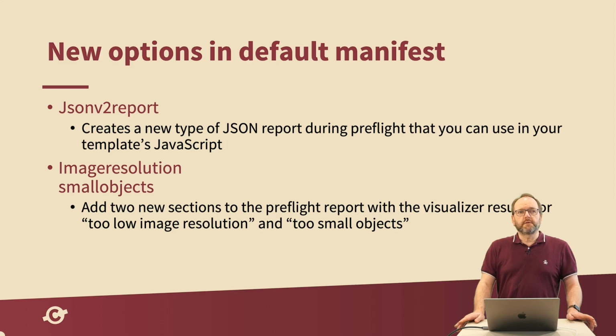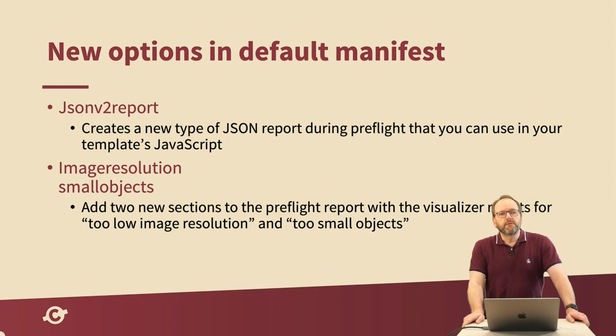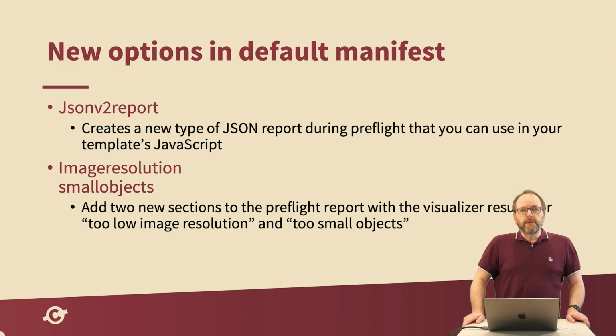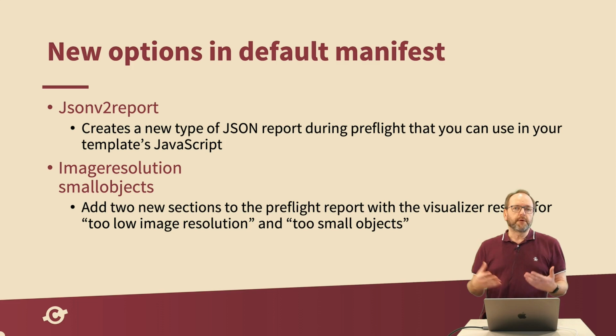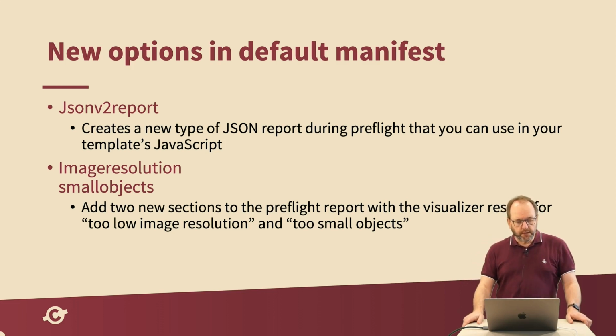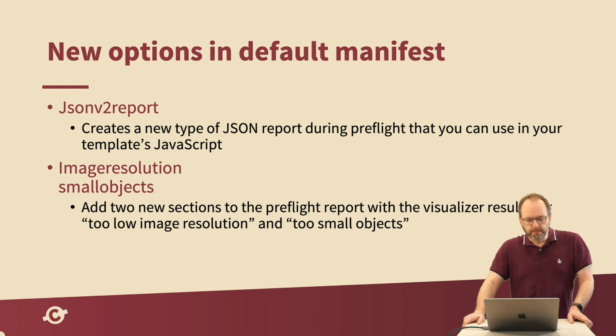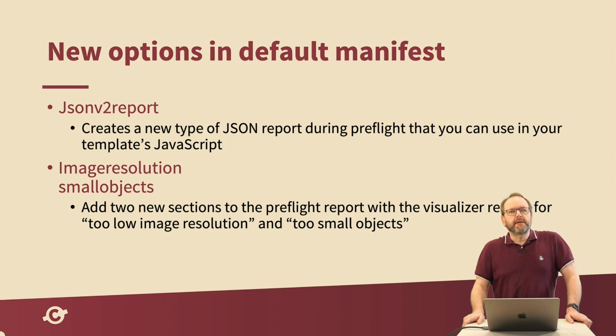The first thing is what you would expect. There is a new option in the manifest. The manifest is this XML file that lives in the template. And it's really a communication file, if you want, between pdfToolbox and your template. So the template can tell pdfToolbox what it wants in terms of functionality or in terms of information. And in that manifest, you can now specify the option JSON v2 report. Why would you want to do that? Well,